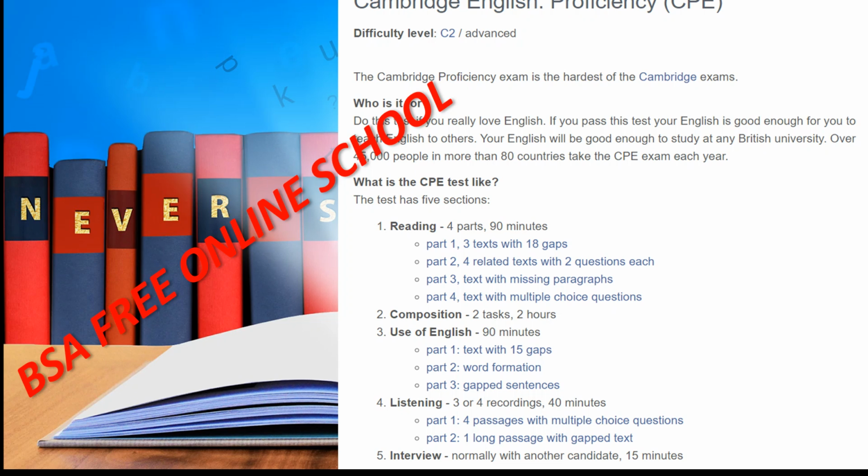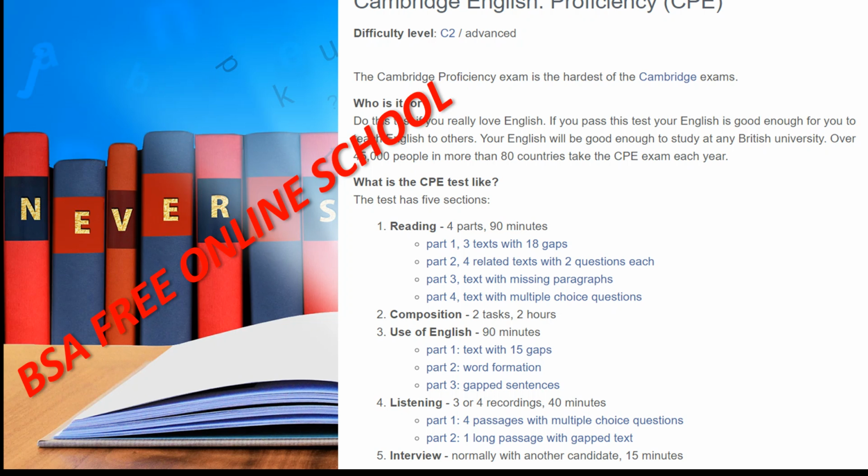In that case, you need to follow our structure, because GRE, GMAT, SAT, TOEFL, IELTS, CPE, CAE, FCE all have the same essays. If you pass once, it will be very easy to pass the rest of the Cambridge level exams.